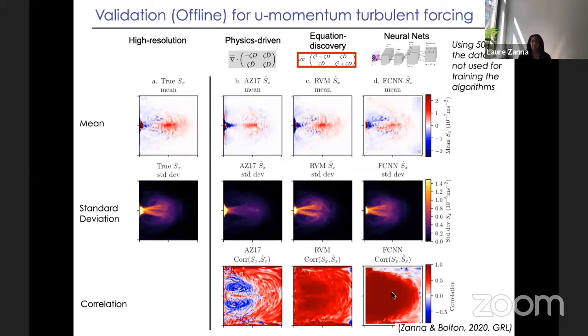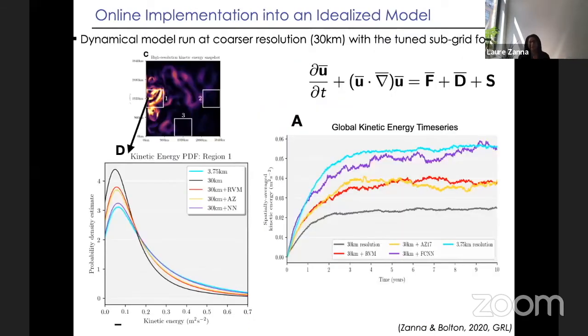And we compare it to a convolutional neural net in which we built in a physics constraint where we conserved momentum. So now you can see that the correlation from the neural net is much higher than the equation discovery, of course, the physics-driven part. So really much higher, but worse in regions where it's more wave-like, where there is less turbulence. So it doesn't do as well in generalizing to places where there is less turbulence, but it does much better than in other places. Now, if you plug that online in a model, then all bets are off.